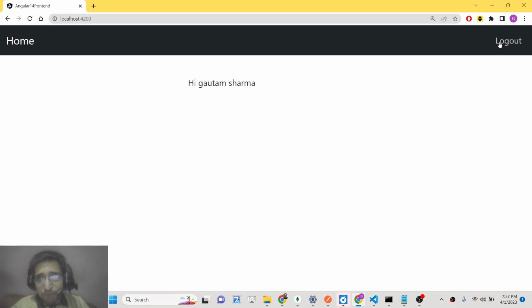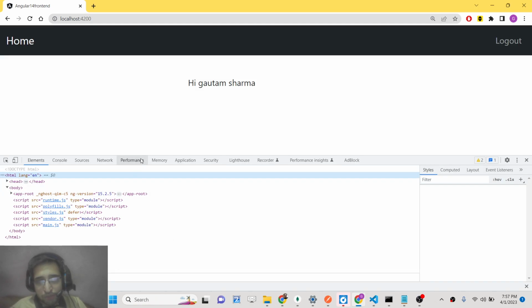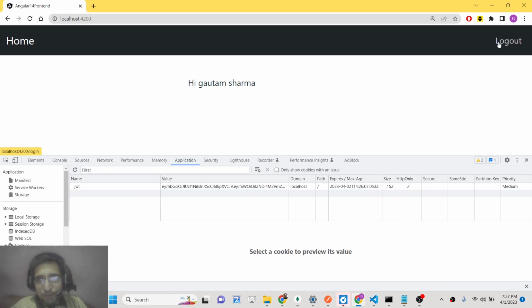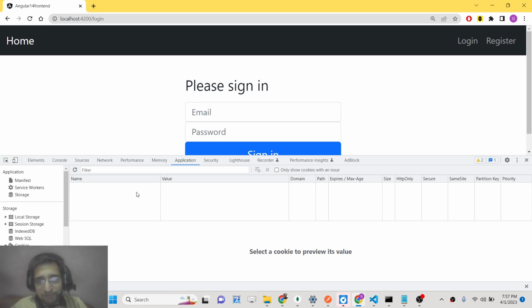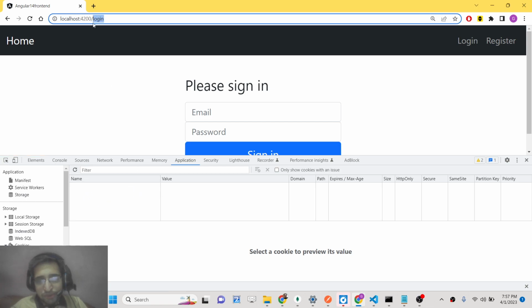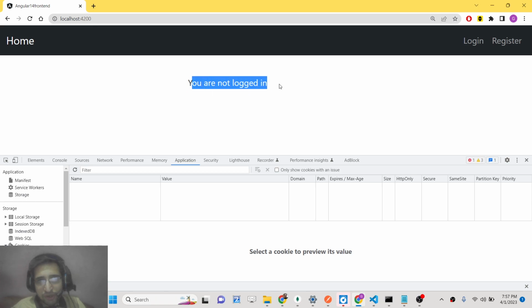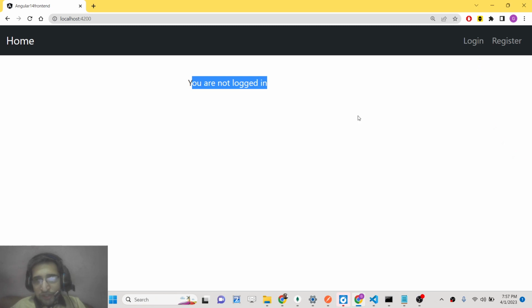And we got this logout button also, guys, and if I press this logout button, the JSON web token will be automatically deleted. If I press it, you will see the JSON web token deleted. Now if I try to go to localhost 4200, you will see you are not logged in, so the status will change. This is done automatically, guys, because we logged out. The JSON web token is deleted from the cookies, so it can't recognize the user. The JSON web token also has an expiry date, guys. You can set all this stuff in the